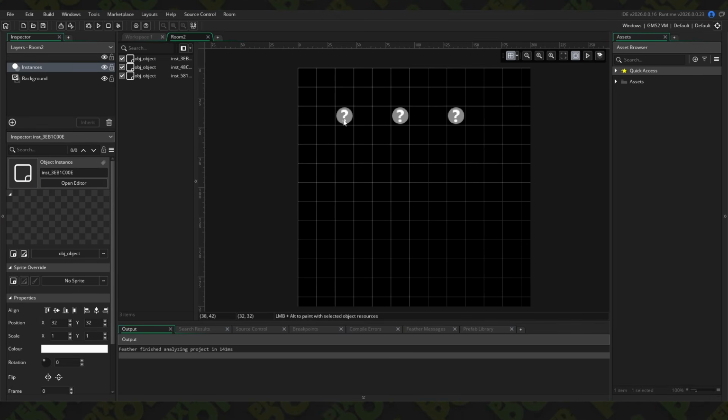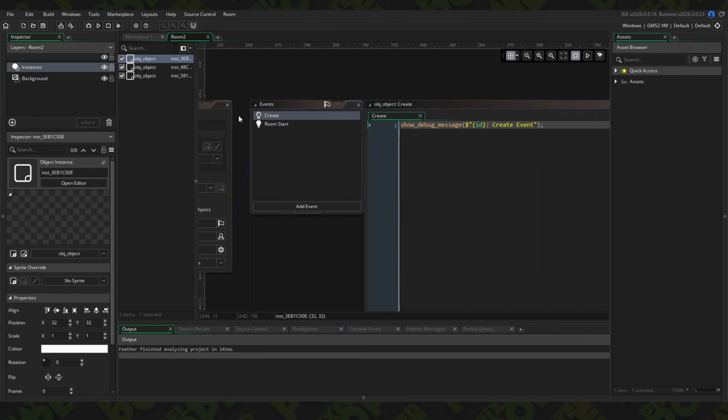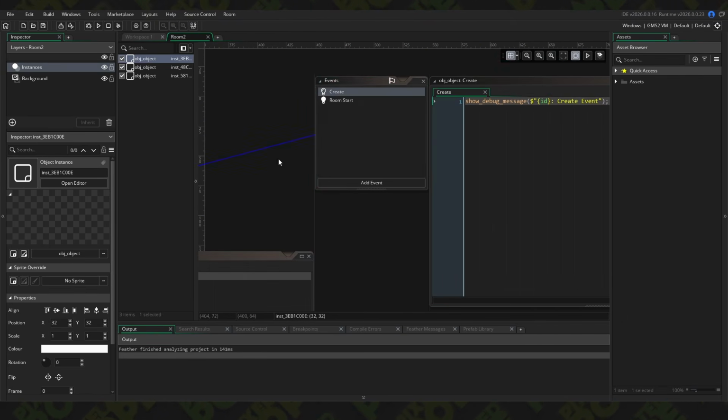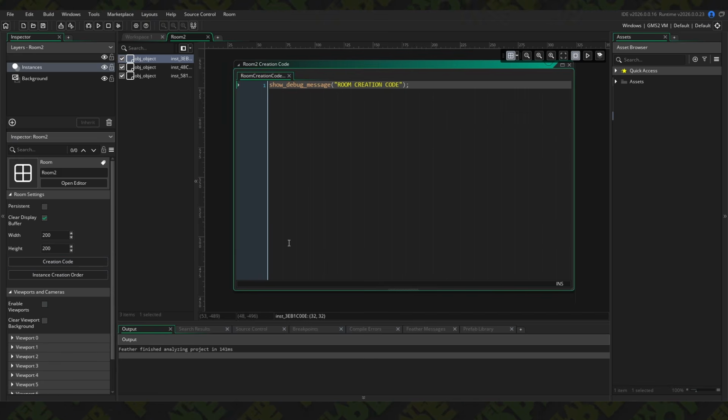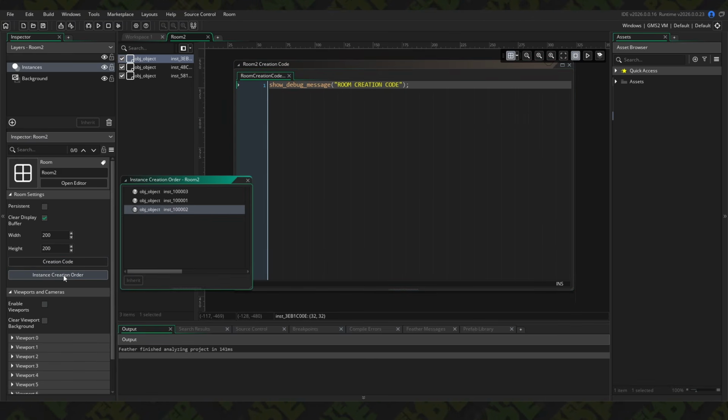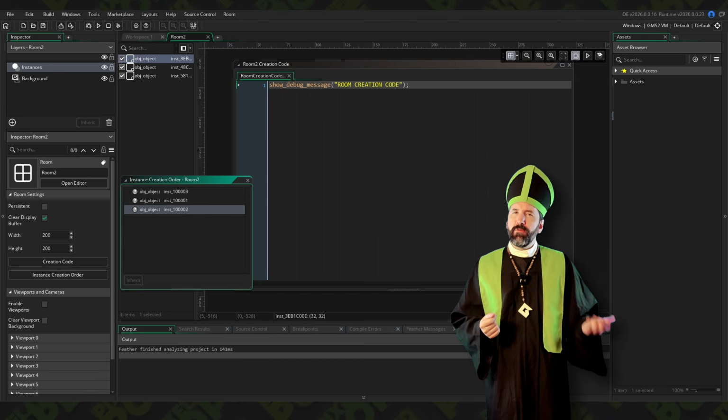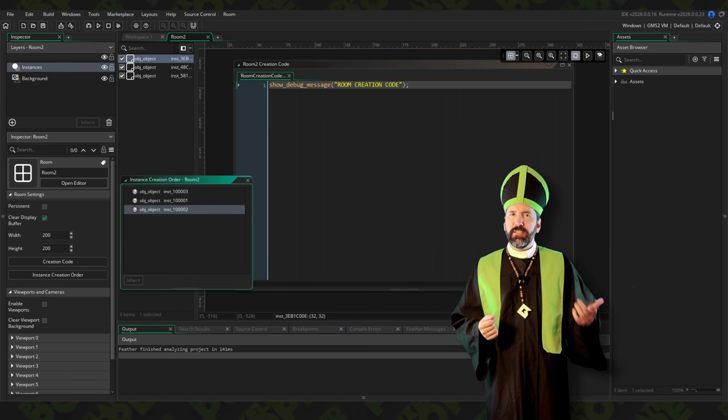In this test project, I have several objects I've dropped in the room. They all have a create event, some instance creation code, and a room start event. The room itself also has room creation code, and I've shuffled the instance creation order a bit to see if that will affect anything. When we run the game, we can look at the output log to see the event